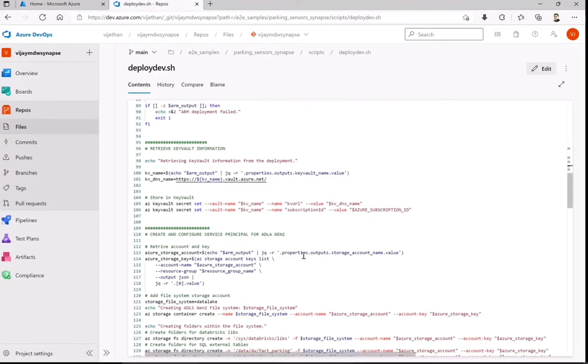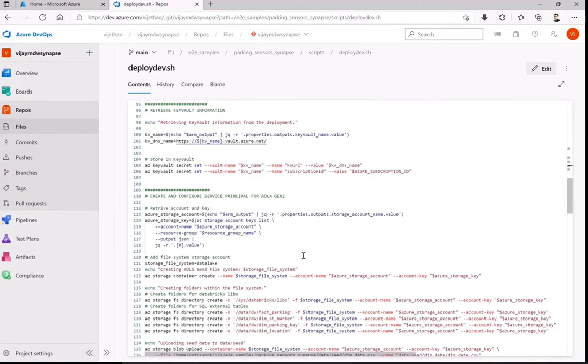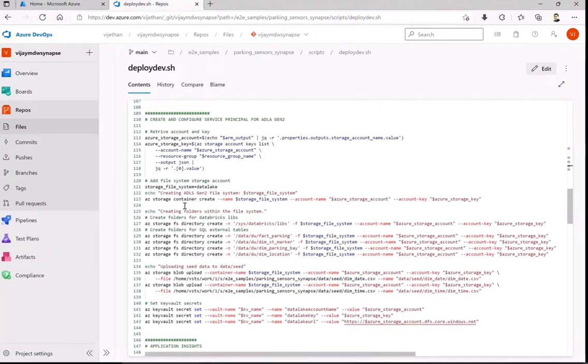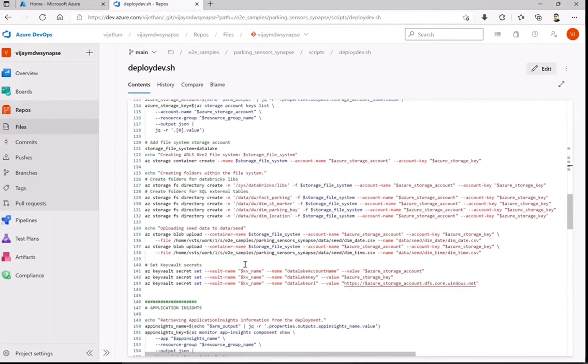So once I have that, I can then create those respective variables and store those secrets within that key vault. Similarly, for us to work on this complete module, we need to have some data structure in place with the help of the data lake. So that is what I'm doing in the next task. I'm creating the storage file system, again from the variables we are passing, and creating that structure for the sample data so that you can play around with it. Okay, so that is the folder structure here.